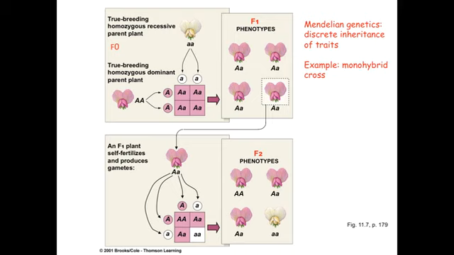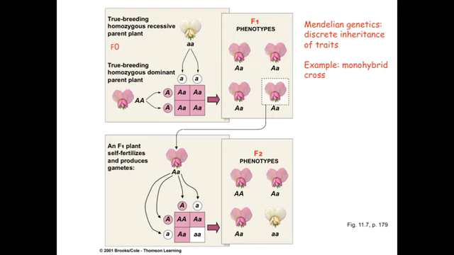And while we cross-pollinate and let the plants go to seed, and then plant the seeds that form, and look at the phenotypes of the developing plants, what we see in Mendelian genetics is that all of the offspring in the F1 have the dominant phenotype, in this case pink color flower, and they all have a heterozygous genotype, meaning that they have one of each of the two alleles.